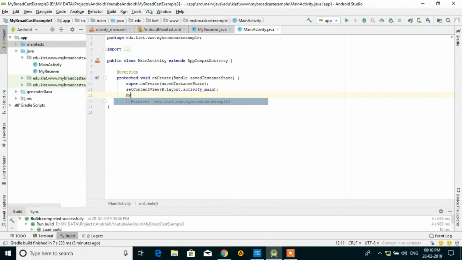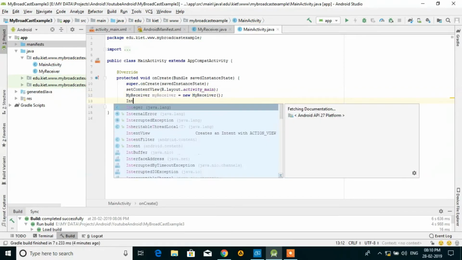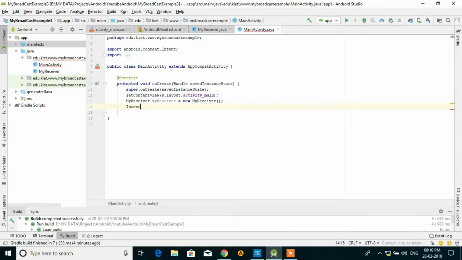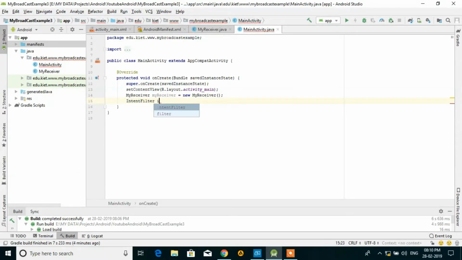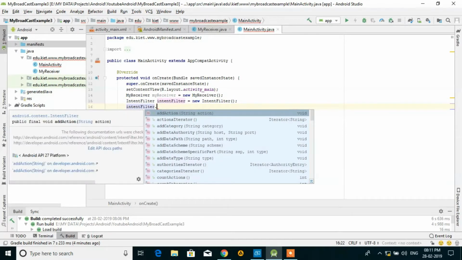I am writing here. We require a receiver class object, new MyReceiver. Then we require the intent filter, new IntentFilter. Then we add what action we want to add.